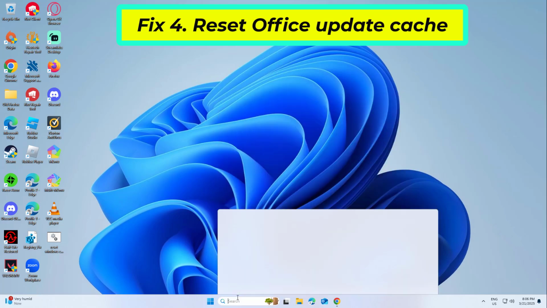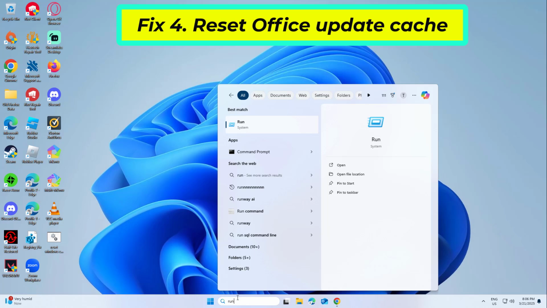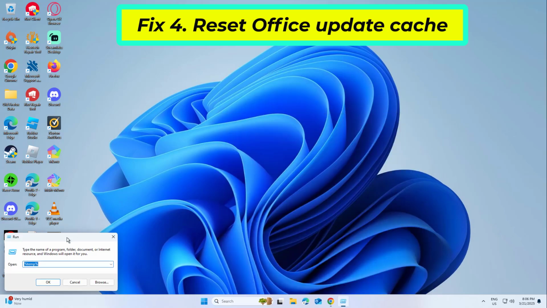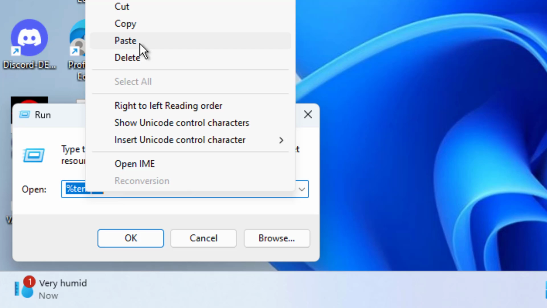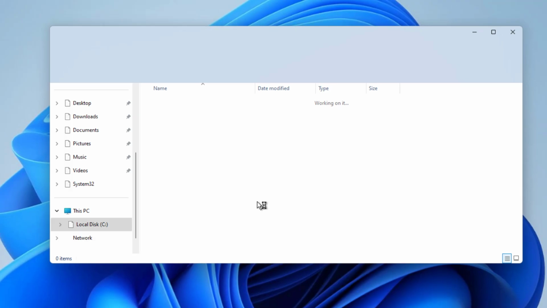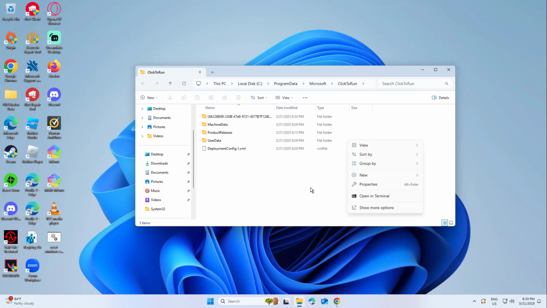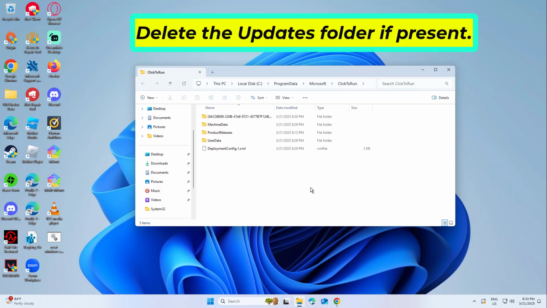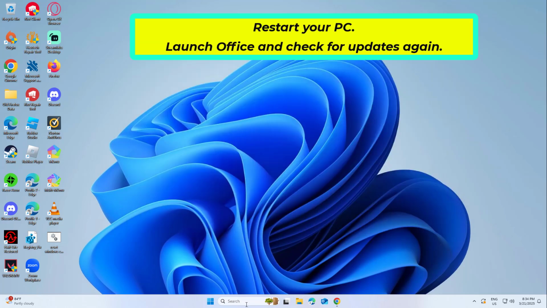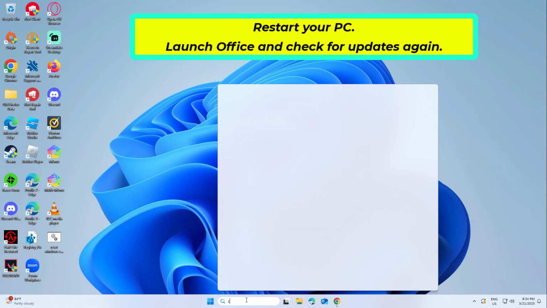A clogged update cache might complicate the process, so clearing it necessitates a fresh download. If that didn't work,